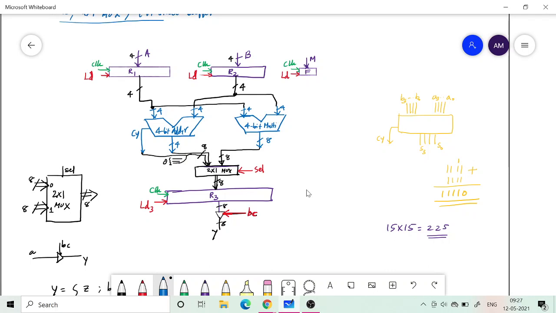I have only drawn the data path. There is a second part of the design which is an FSM or controller.